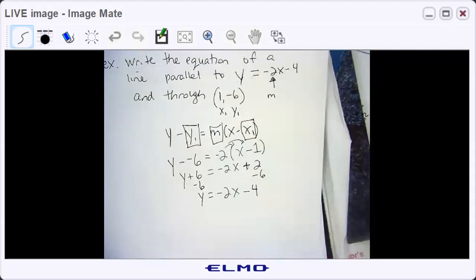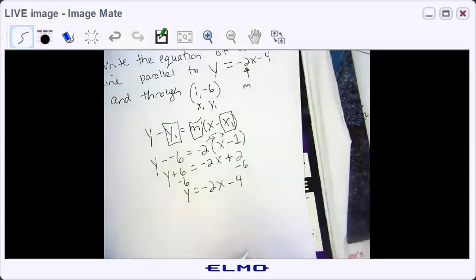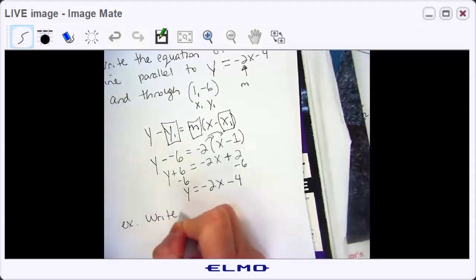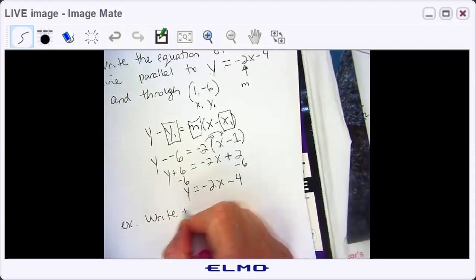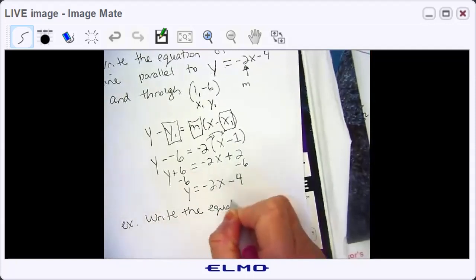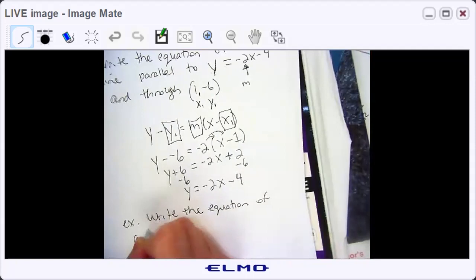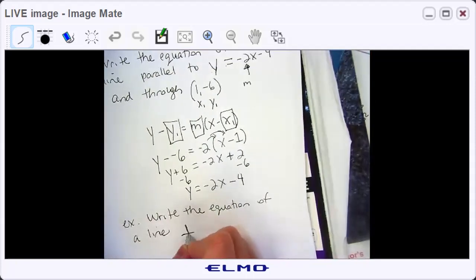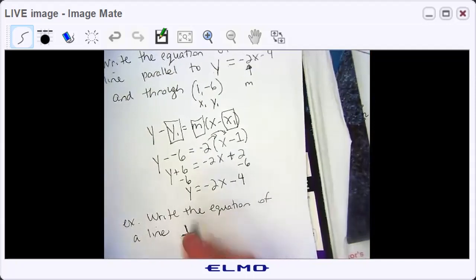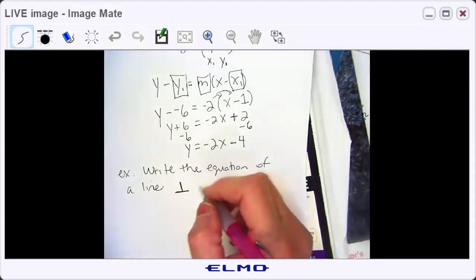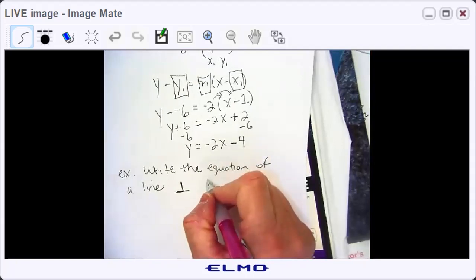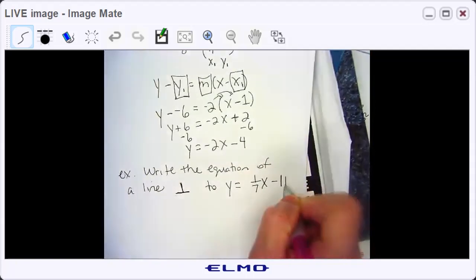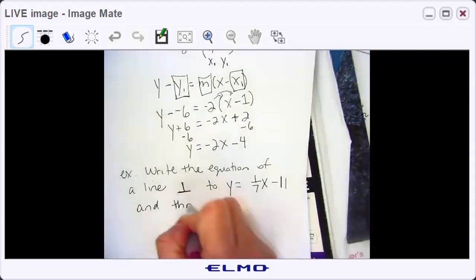Okay, here's a good one. Okay, so example. Now I'm going to use the symbol for perpendicular. It's this upside down T, because it looks like those 2 things are perpendicular. So that is the perpendicular symbol. Perpendicular to y equals 1/7 x minus 11 and through